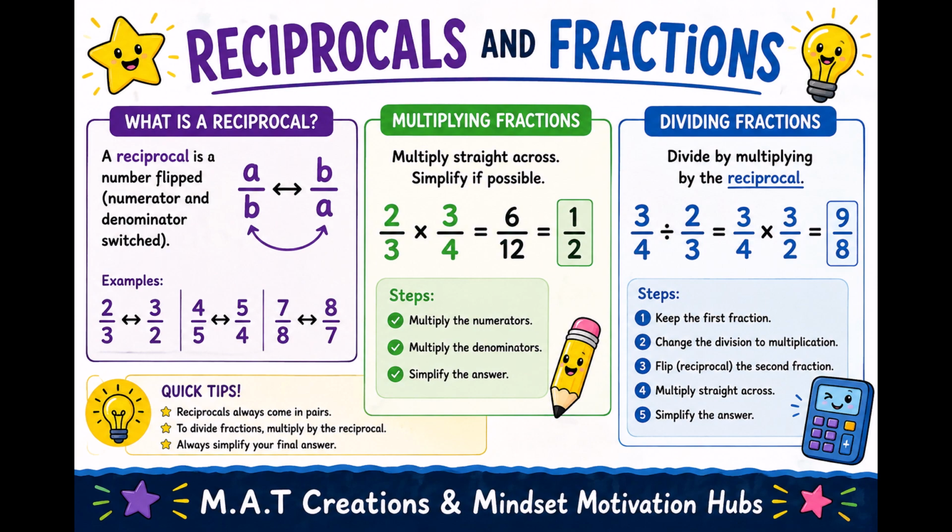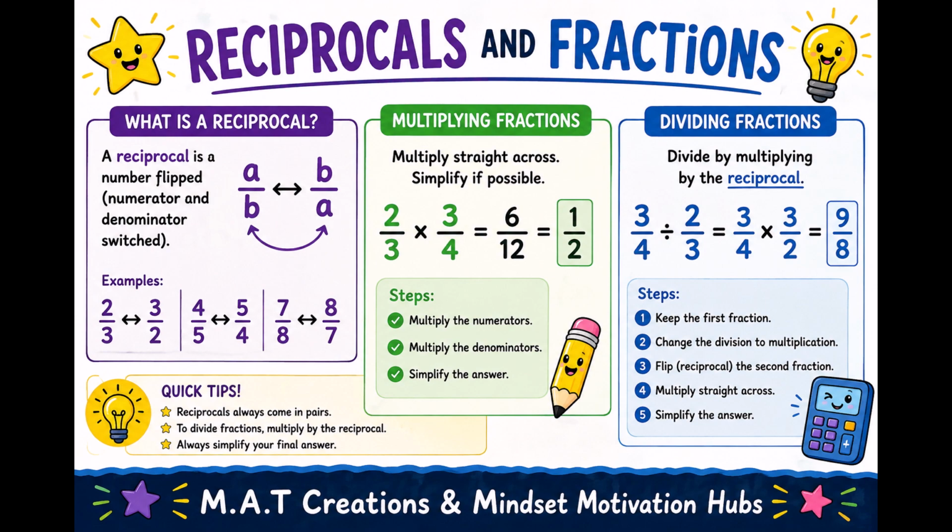2/3 will become 3/2. Now the problem becomes 3/4 times 3/2, the reciprocal, right? Multiply the numerators. 3 times 3 equals 9. Now we're going to multiply the denominators. 4 times 2 equals 8. So our answer is